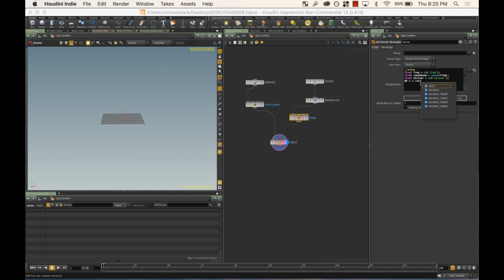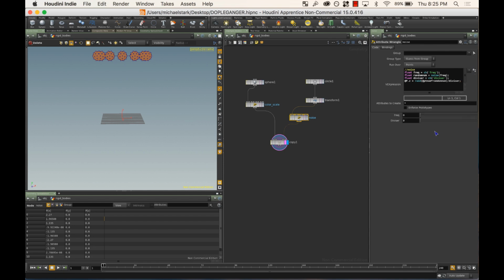So now I'm going to take a random function, and not type random. And then I'm actually just going to say, again, remember I said everything has a point number, so I'm saying every random point number, okay, times up here this random num. And then I want to divide it by the divisor, and we'll call that a day. So basically everything is zeroed out. If I start turning up the frequency, it's divided by 0. So you can start seeing,